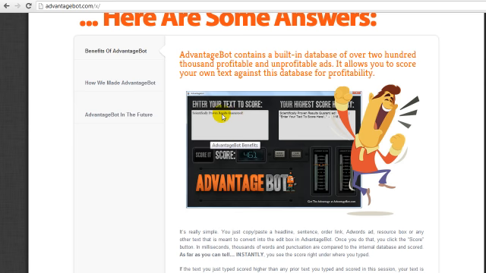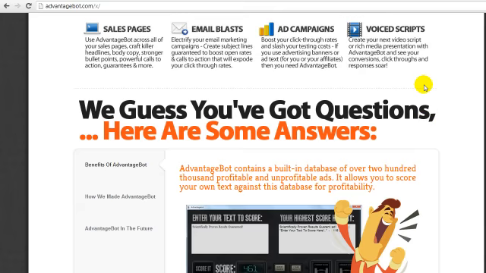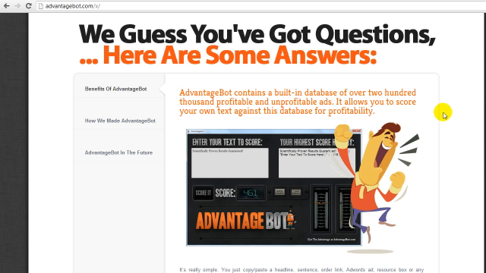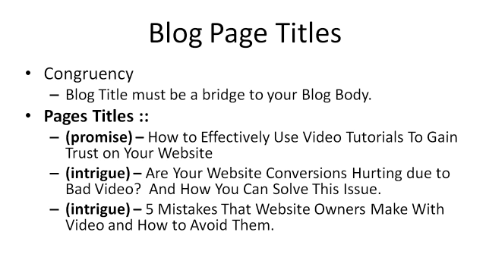So you could test 2, 3, 4, 5 different titles and see which one measures up against each other and then use the one that has the highest score. That's just a nifty tool that can really take the guesswork out of which titles are good and which titles are not. So with that said, let me go ahead and go to WordPress and show you how to create a WordPress